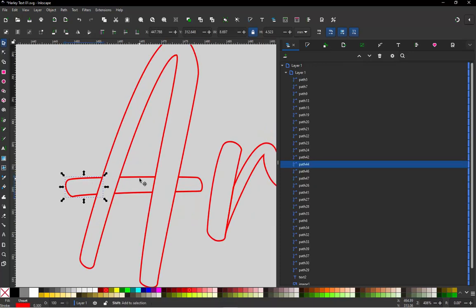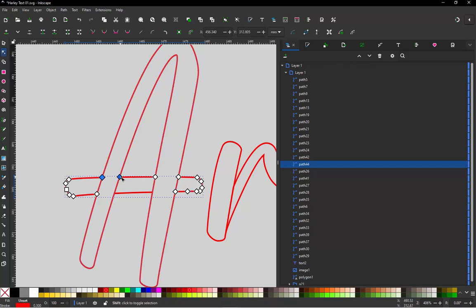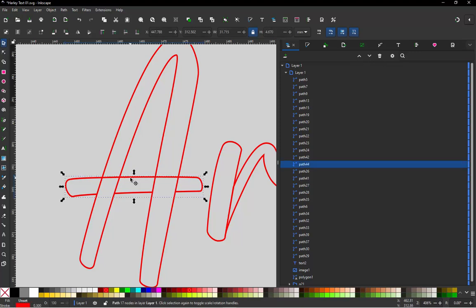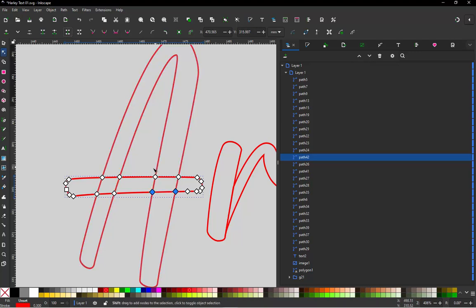So then here we have to select all of these, combine them of course, Control K, and then just like with our A, we need to do some connecting here. So we need this one and this one connected. Then we need this one and this one connected, but we kind of forgot one piece, obviously. So this and this needs to be connected. And then we can double click on that, and then we can go ahead and connect here and here, connect, and then here and here, connect, and then we got to go into